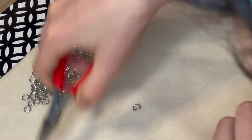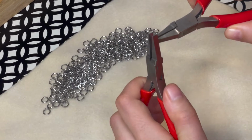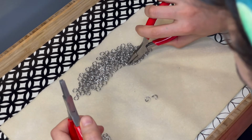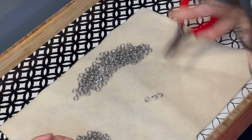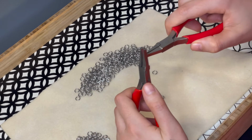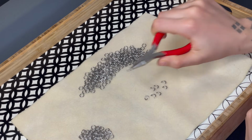I'm gonna just close that and put it away. So yeah, go ahead and just open the rings. And you can open like, I don't know, 10. Or if you want to make a whole necklace, you could even open like a third of your rings. The raw jump ring may or may not